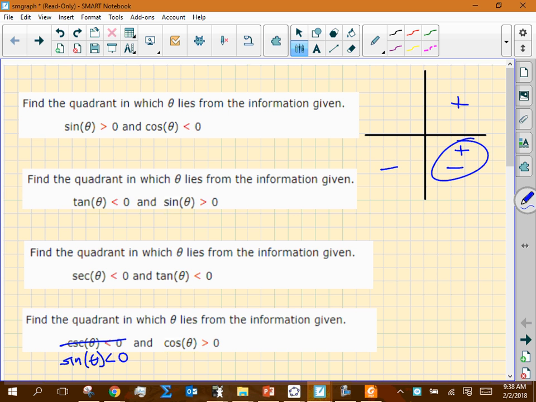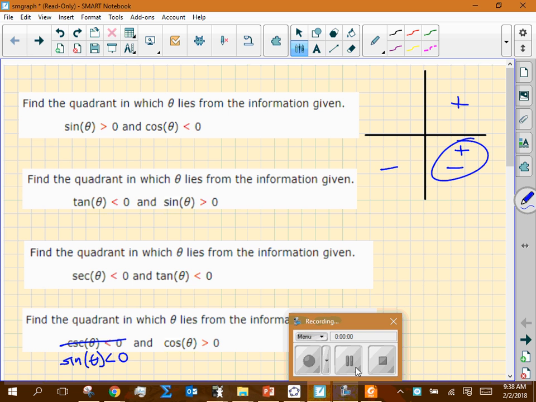Is that something we can kind of visualize? All right. That being said, let's get into some